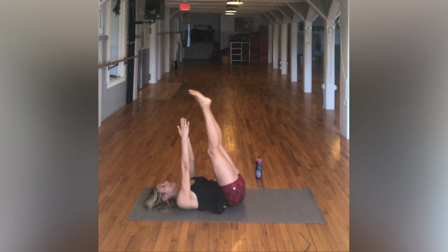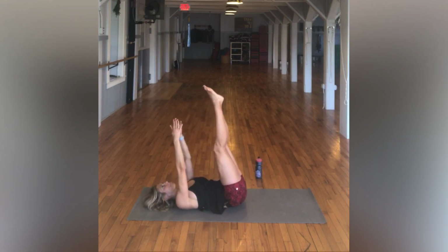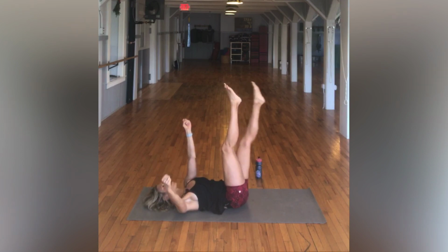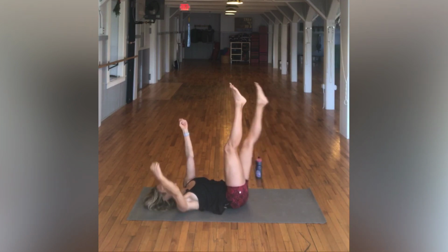Legs are going to straighten up towards the ceiling. Arms straight up towards the ceiling. Everything is straight up towards the ceiling. Right leg's going to drop as left arm comes out to the side. Use a tiny bend in that elbow. So there's 1,